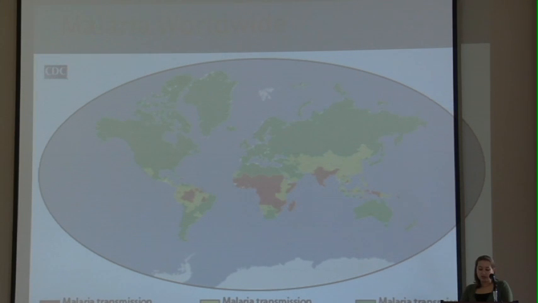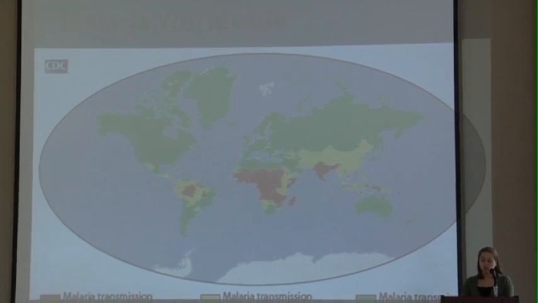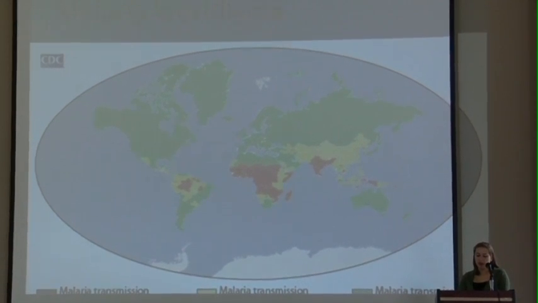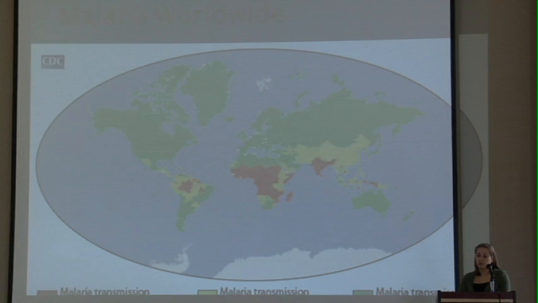Malaria is found in tropical and subtropical regions where the higher temperatures allow the Anopheles mosquito to thrive. The parasites that infect the mosquitoes also require warmth in order to complete their growth cycle. Not all countries with warm climates are affected by malaria because there are regions where the Anopheles mosquito is not present. There are also countries that have been able to successfully eliminate the disease. So looking at the map, you can see that the majority of malaria is concentrated in Africa, Southern Asia, and the northern part of South America.